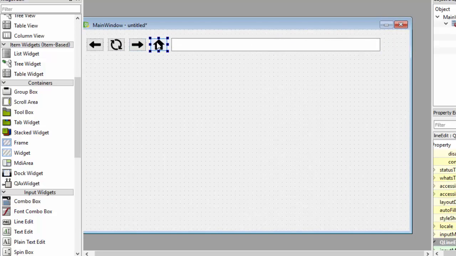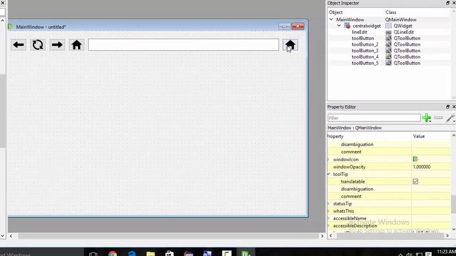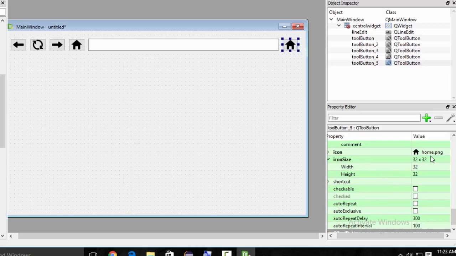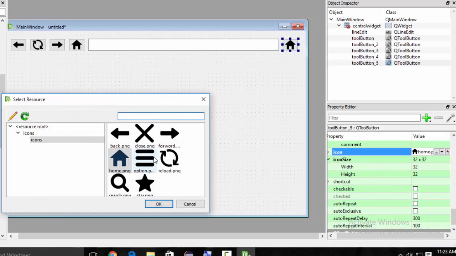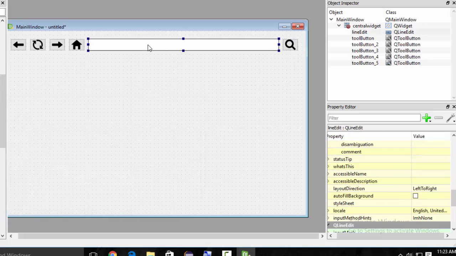And lastly, for the go button, changing the icon of that. For go, I am using search, for searching that website.